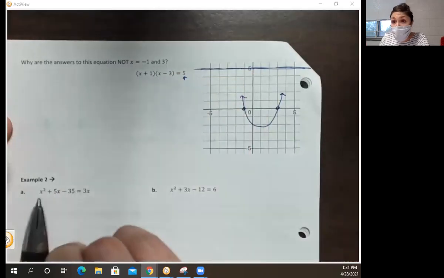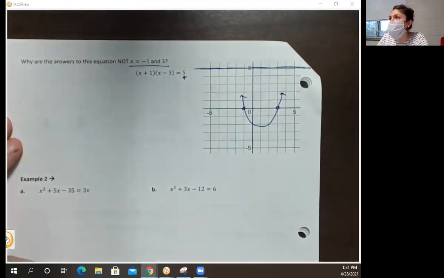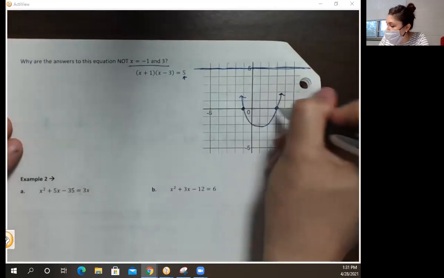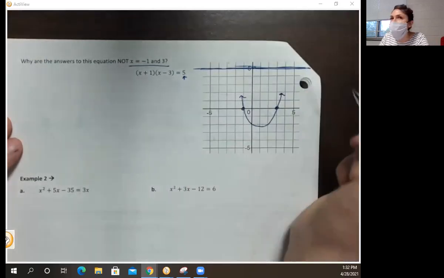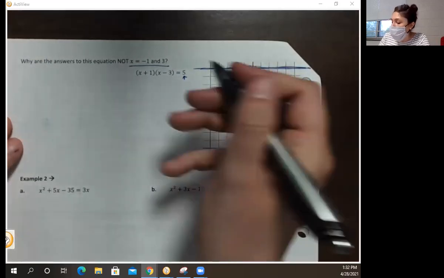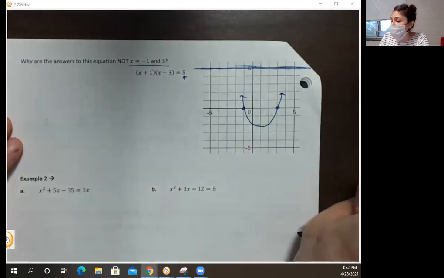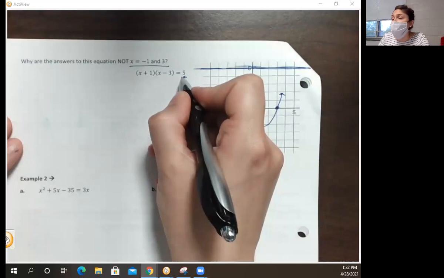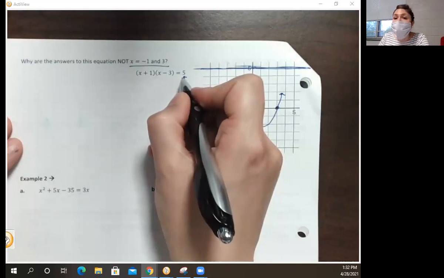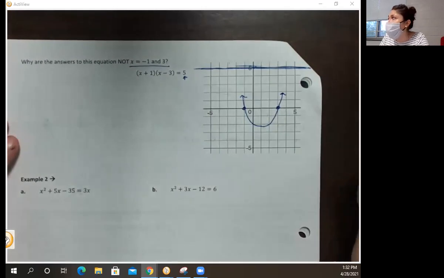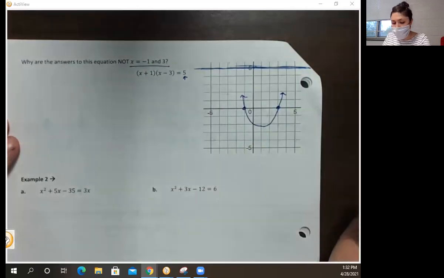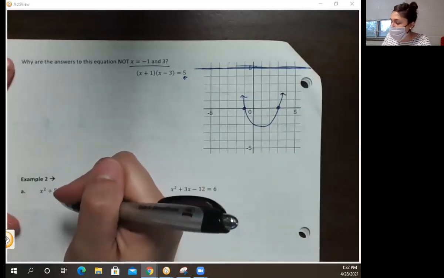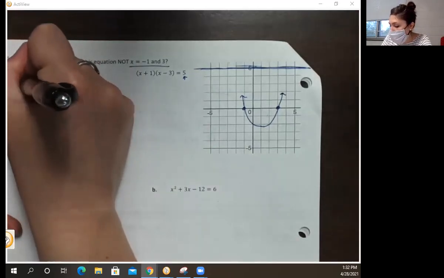So I do know that the solutions are not -1 and 3. Those are the x-intercepts, but it's not where my graph is equal to 5. It's not where it's going to intersect with this line of 5. So factoring is a great way to solve if I'm equal to 0. If we're not equal to 0, that's not going to help us, because remember, factored form tells us x-intercepts. If I'm not looking for x-intercepts, then having them isn't very helpful. Okay? So the setup we have here isn't going to give us solutions, because factored form